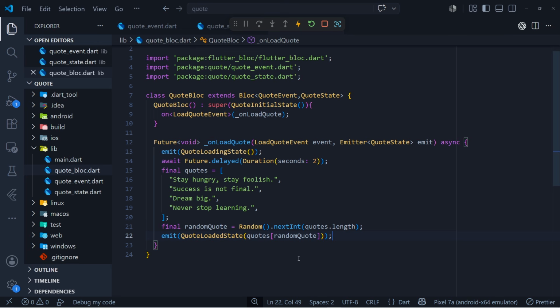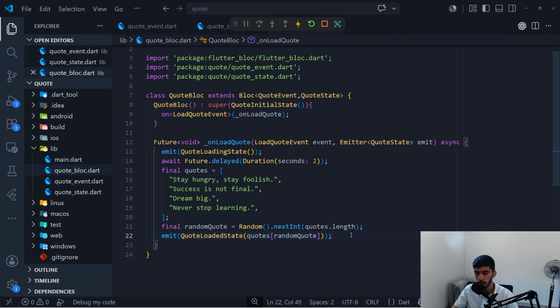Let's quickly review what happens inside this method. First, we tell the application that loading has started. Then, we simulate an API request. Next, we prepare our data. And finally, we tell the application the data is ready. Okay, perfect. We are done with the entire code block, so we can move forward and connect our UI to the